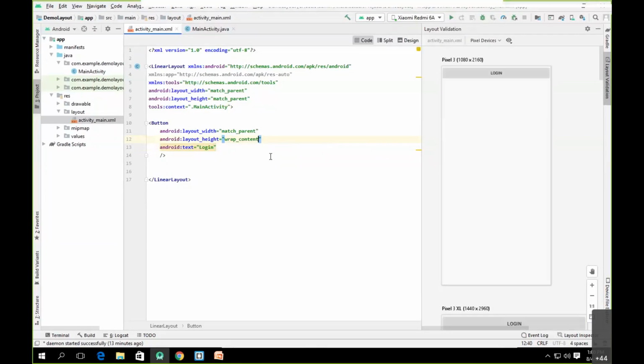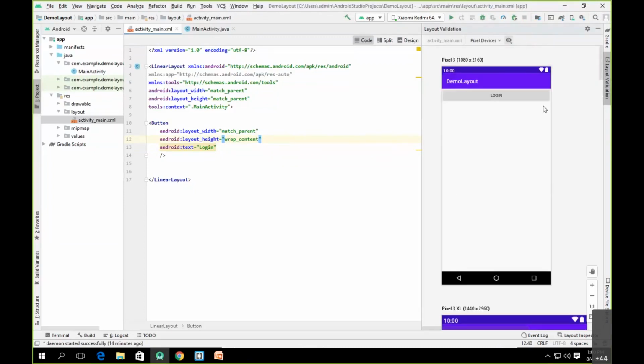So it will wrap the entire button such that it will adjust according to its content. This is how you can create a button with match parent and wrap content. And the text attribute gives what will be the text on that button.